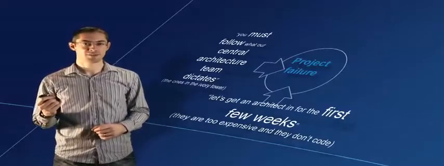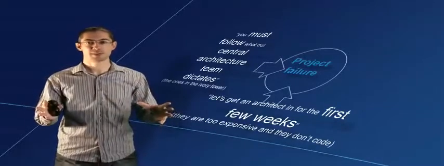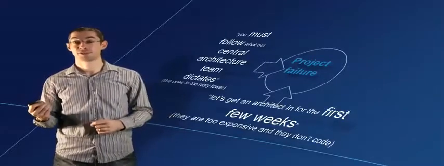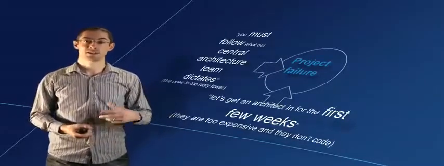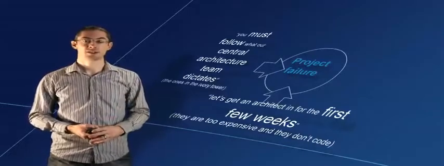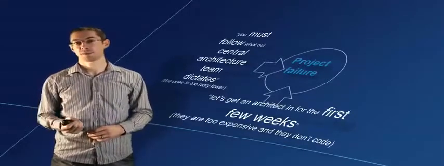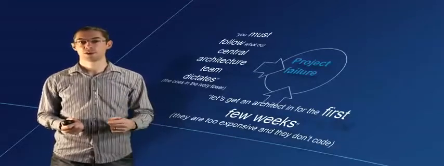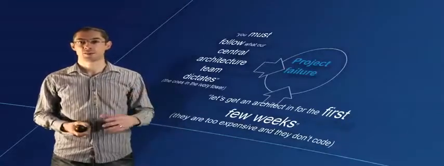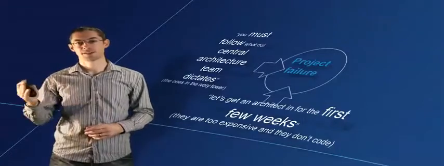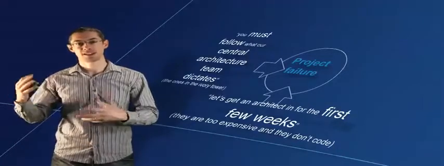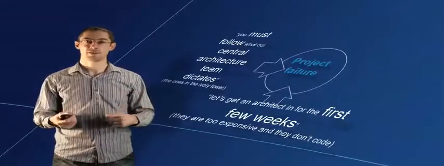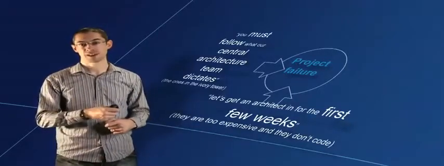And whilst this is effective at getting those big decisions made early, it's not effective when, during the construction phase, during the build phase, your software development team need to ask the architect questions. So for example, they don't understand a design pattern, they don't understand why the architect has chosen a particular technology or implemented something in a certain way. So once the architect leaves the project, there's nobody there to give the software development team the guidance that they need. And again, that limited involvement from the architect can actually cause a project to fail.